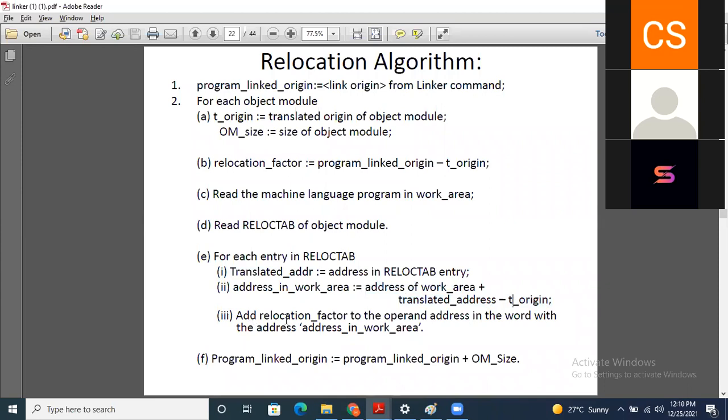And after that, add the relocation factor to the operand address in the word with the address in work area. You need to perform that for each entry of the reloc tab. And after that, add program linked origin plus object module size and assign it to the program linked origin. I will explain the things with the help of an example.